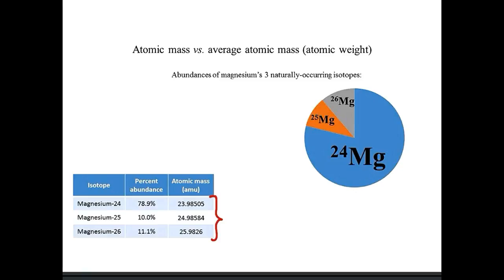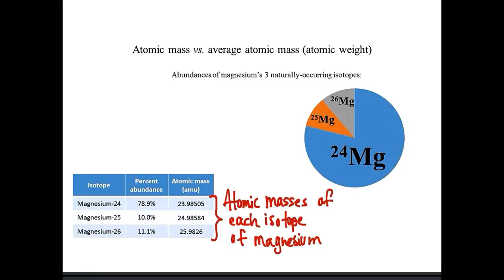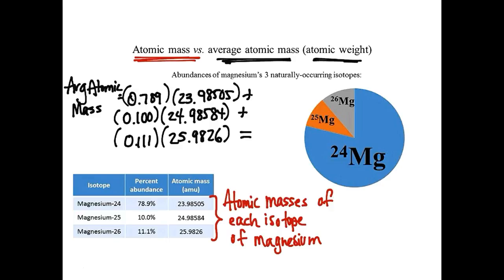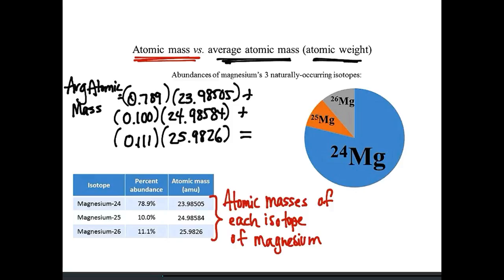Now, these numbers here represent the atomic mass of each isotope of magnesium. So when somebody says atomic mass, that is the actual mass of a given isotope of a given atom in atomic mass units. That is not the same thing as the average atomic mass or the atomic weight that you see on the periodic table. So if we were going to calculate the average atomic mass for magnesium, we would do this calculation,